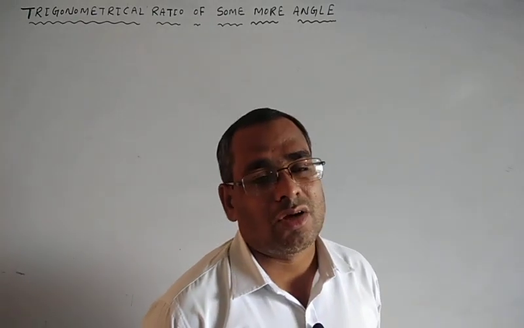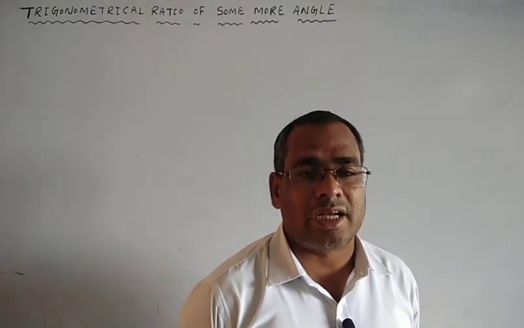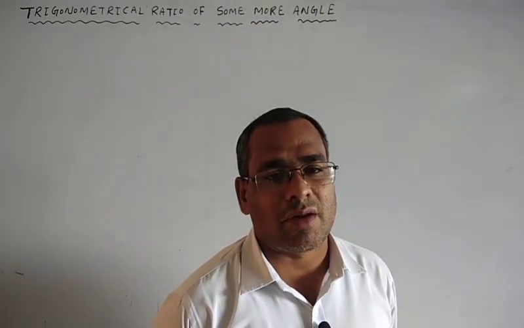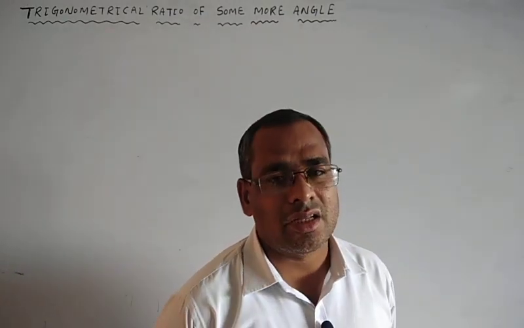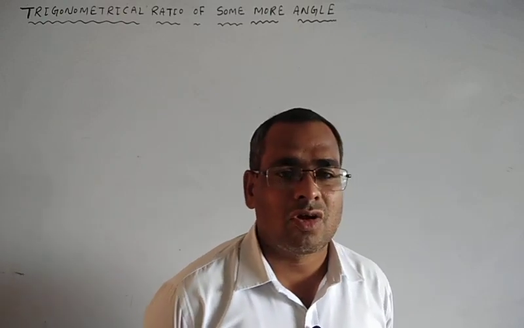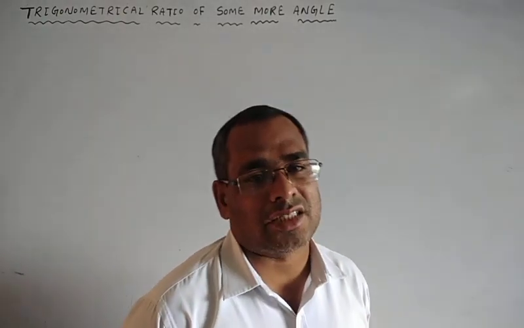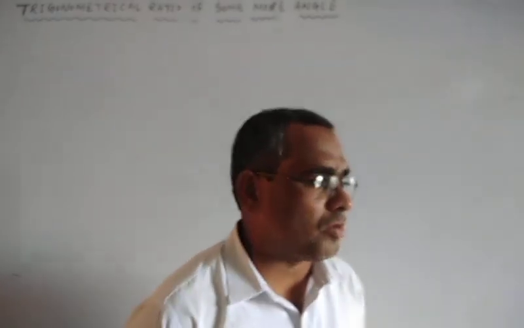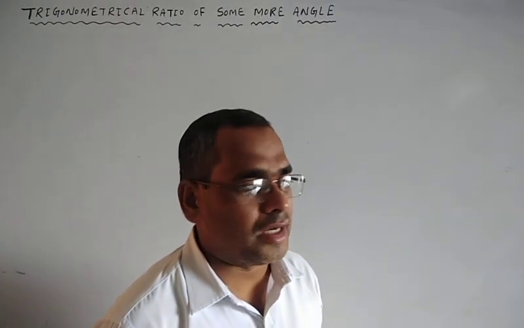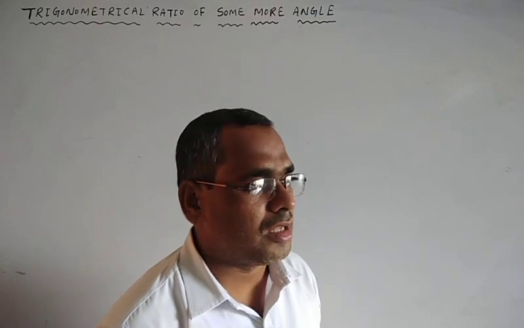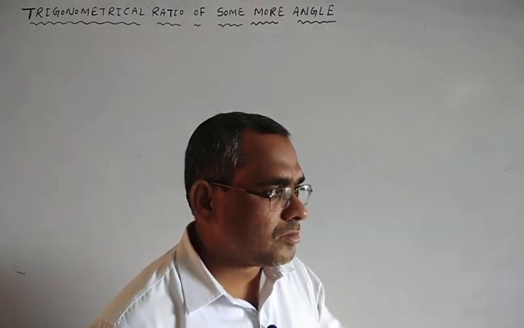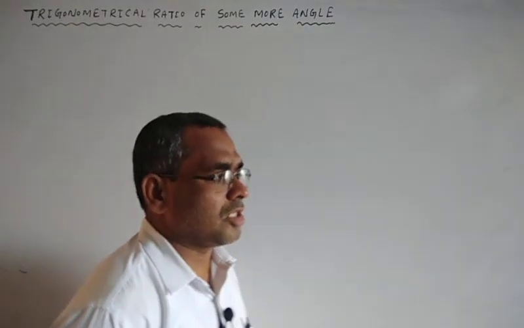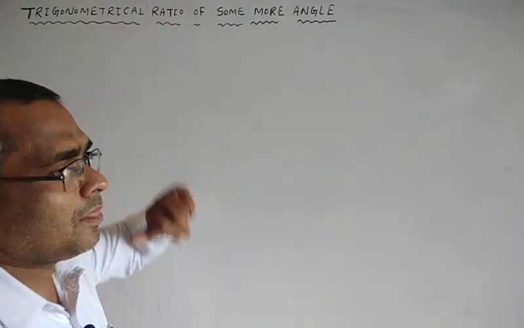Using this formula, we derive sin 22 half degree, cos 22 half degree, tan 7 half degree, cot 7 half degree, tan 37 half degree, cos pi by 16, and sin pi by 32. Okay, so using multiple and submultiple angle formulas, we find these trigonometrical ratios. But today we will discuss some other trigonometrical ratios of more angles.